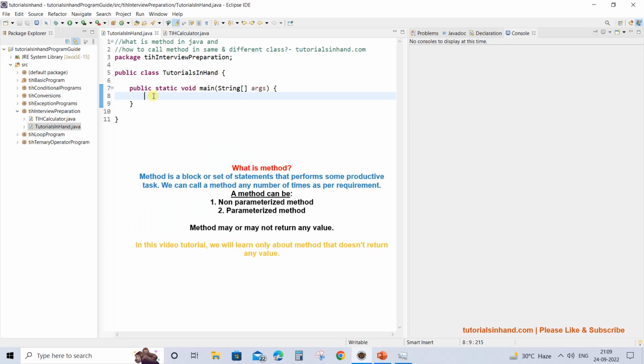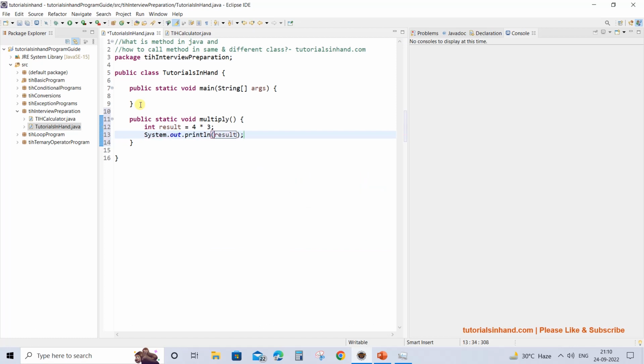So in short, a method is like an expert who knows its task better, and any number of times you call this particular method, it will perform its duty with utmost perfection. For example, if we create a method for multiplying two numbers, here we will do the multiplication of two hard-coded values, 4 into 3, and every time it is called, it will return the result as 12, right? Let's add a comment as well so that we are aware which method value is getting printed. No parameter method, and the value is always 12.